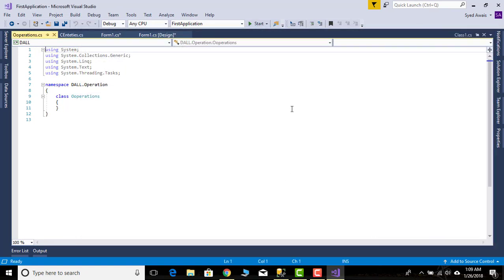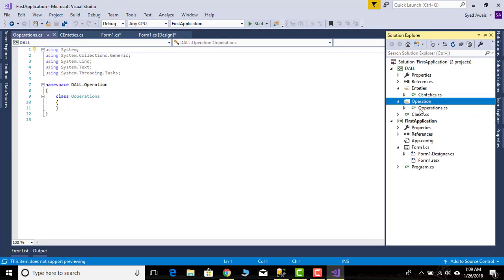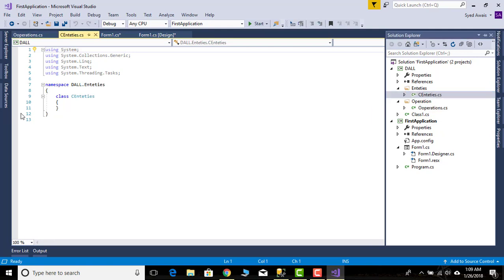I will explain why we are creating this. We are creating operations so that if you want to create any function, like deleting a customer record from the database, we will create that method. Basically it's a class, we will call this class, and we will create everything. We just want to keep everything organized, so we are creating these separate folders, and in the entities we are going to name